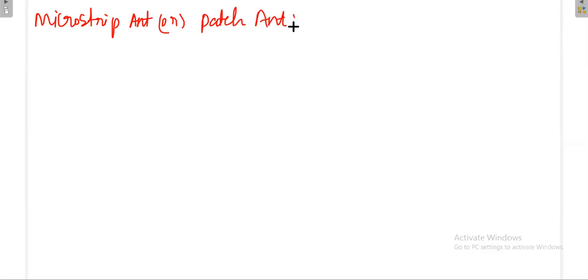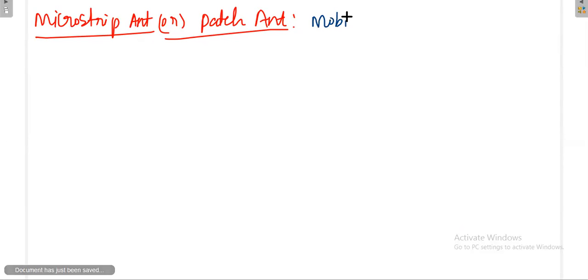Actually, in the olden days, we have been using antennas even for cell phones and radios. But nowadays, there is no visible antenna even in the cell phone. The antenna is fabricated in the board itself, with the help of this technology only, that is, the microstrip antenna or patch antenna. That means the modern-day mobile antenna is a microstrip antenna or patch antenna.